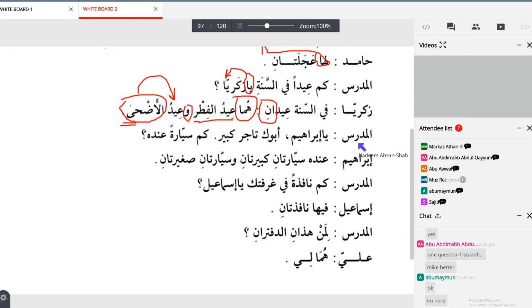Ya Ibrahim, what the teacher says. Abuka tajirun kabirun kam sayyaratan indahu. I mean, that's an interesting question from a teacher in the class. Your dad's a big businessman. How many cars does he have? أبوك تاجر كبير كم سيارة عنده؟